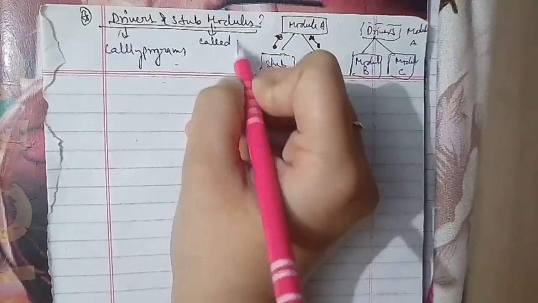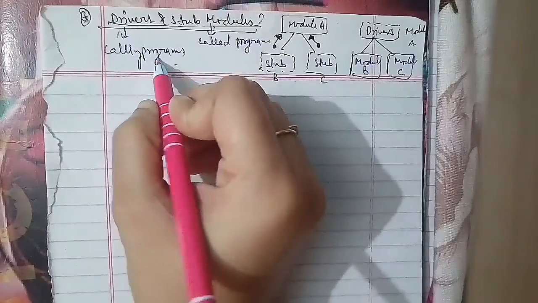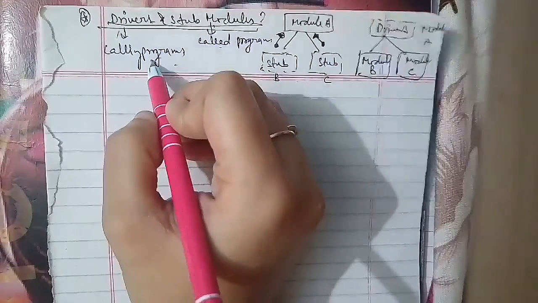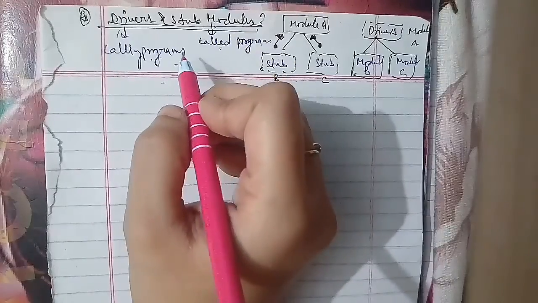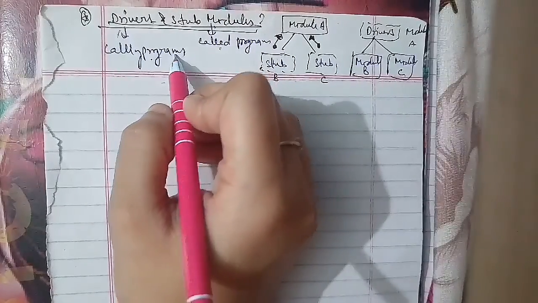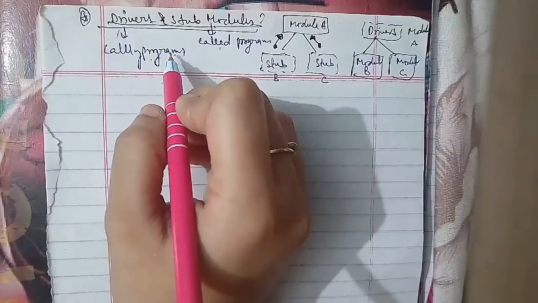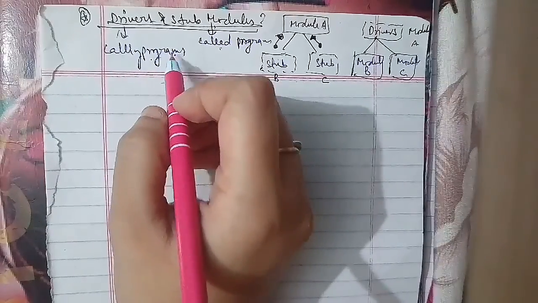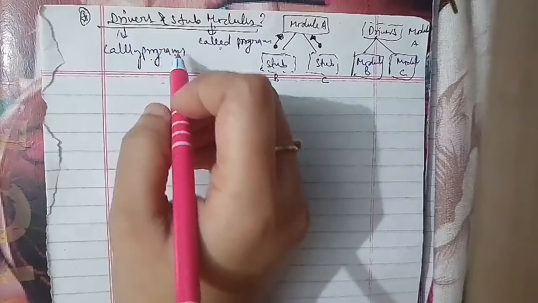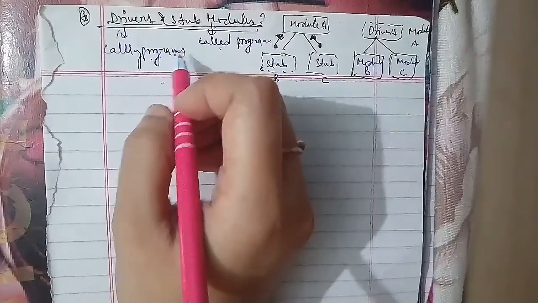For example, suppose we have three modules, namely module A, module B and module C. Now if module A is ready, we need to test it, but module A calls module B and module C. The modules B and C are not ready, so developers will write dummy modules to simulate module B and module C. These modules are called stub modules here.